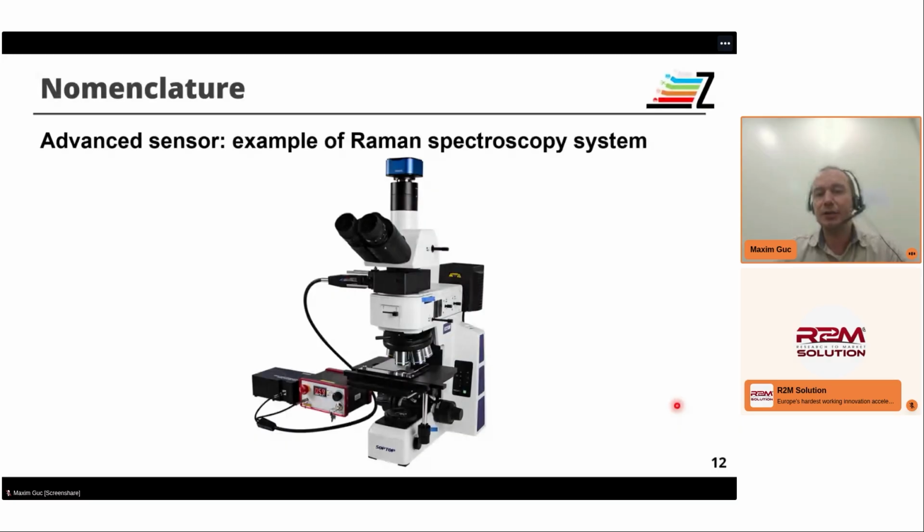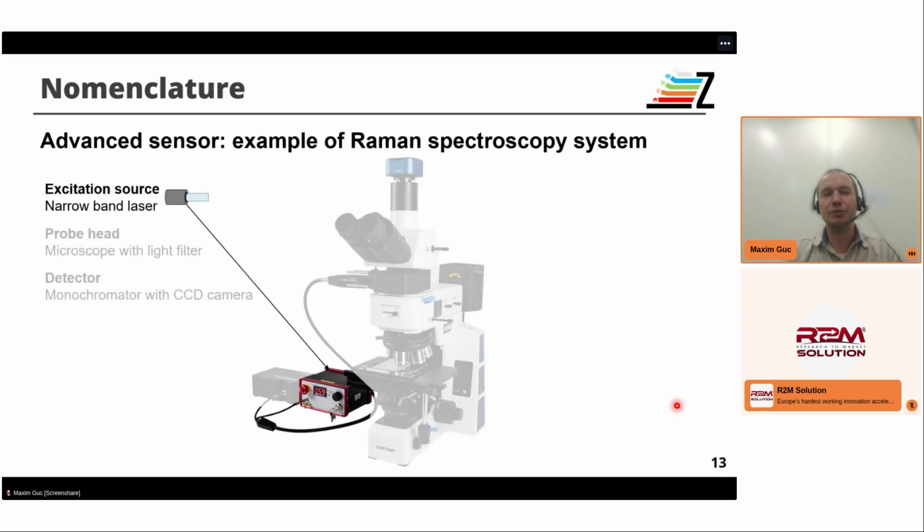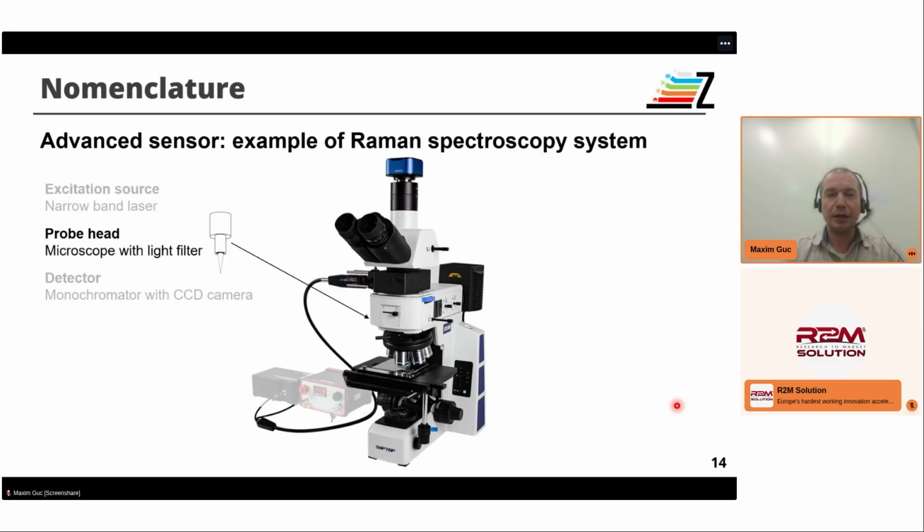So here you can see the typical Raman spectroscopy system. If we divide it into the three parts that I showed you previously, we can see that the excitation source for this Raman spectroscopy system will be a laser, a narrow band light that is typically used for Raman spectroscopy. Then the probe head will be this big microscope with different features and tools, allowing us to illuminate the sample, change the objectives and so on, and including some specific filters needed for